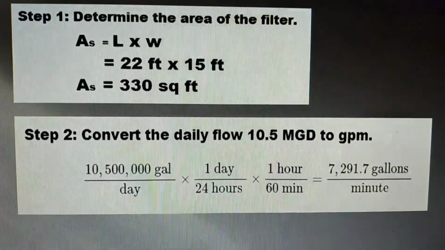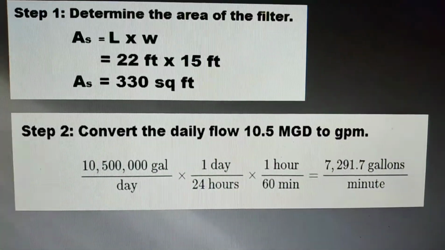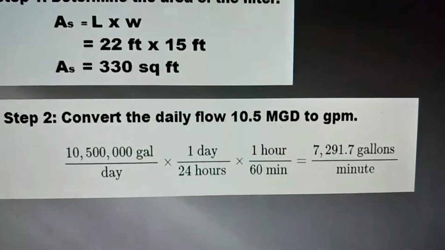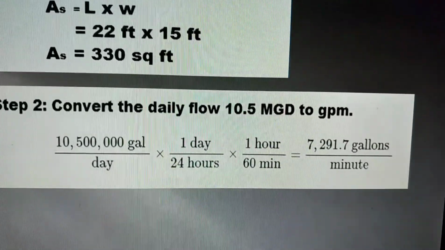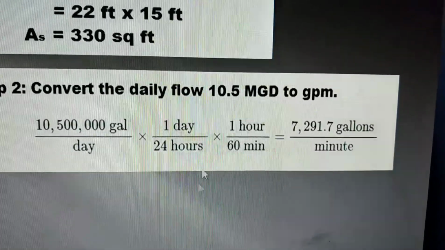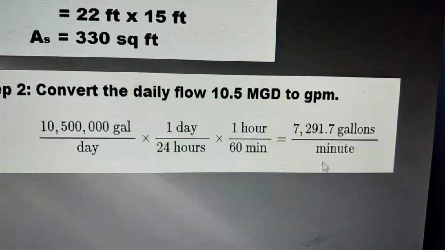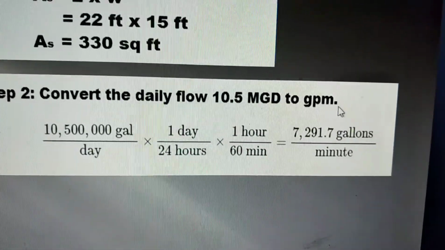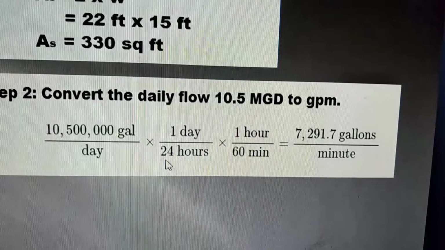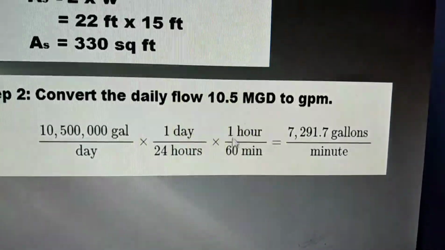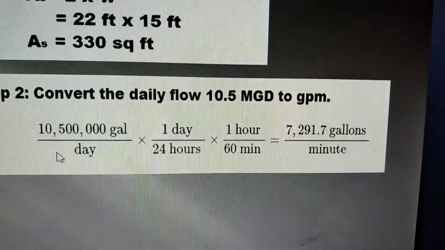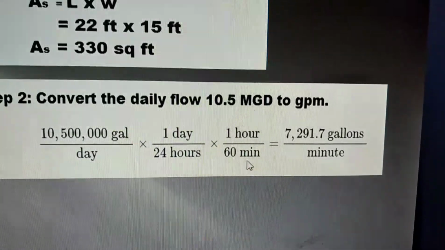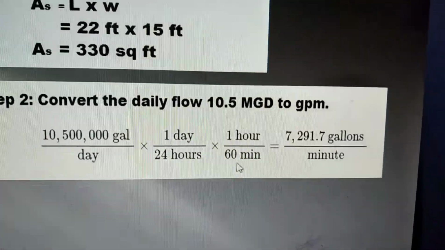Step 2. Convert the daily flow 10.5 million gallons to GPM. The equivalent of 10.5 MGD is equal to 10,500,000 gallons per day. So, let's convert the day into minutes first. Since we are looking for GPM, it should be per minute. So, in 1 day, we have 24 hours. Then, in 1 hour, we have 60 minutes. So, we notice that the day cancels, and then the hours cancel. So, what remains is the minute. So, if you multiply 24 times 60, that's actually